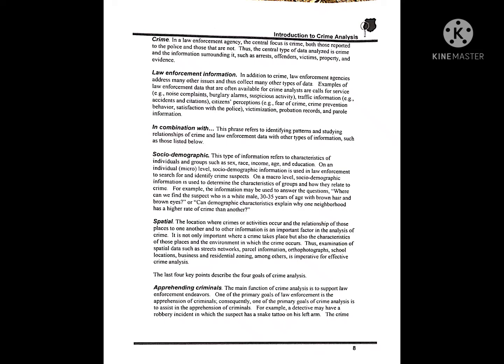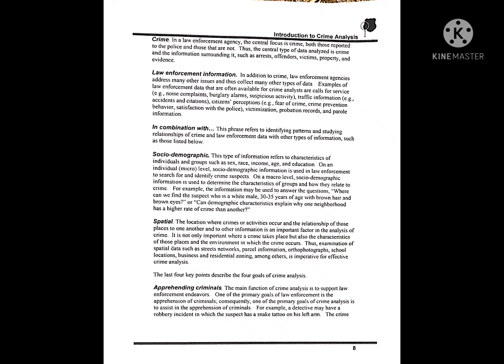So, for example, naka-witness ka ng patayan. So, pagdating ng mga pulis, so, tatanungin ka ngayon. So, ang mga tatanungin lang naman sa'yo is yung kung saan tumakbo ang suspect, kung ano ang kasarian, kung ano ang itsura, anong kulay ng buhok, anong kulay ng damit. And tatanungin din yan kung ilang taon na. So, sa iyong estimation is maglagay ka ng 5 years gap sa age.